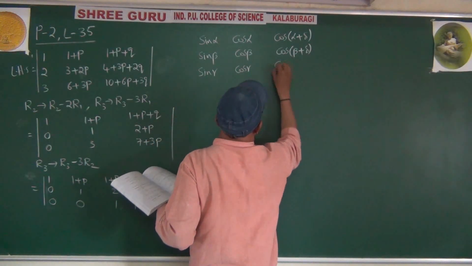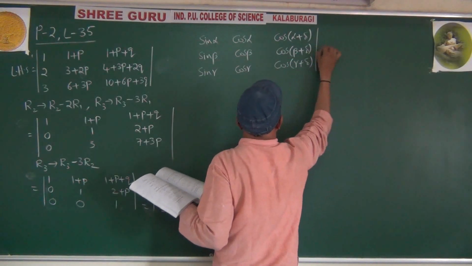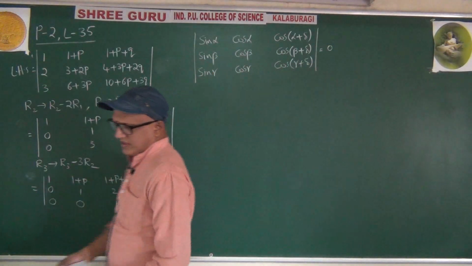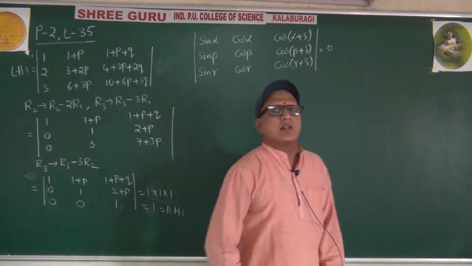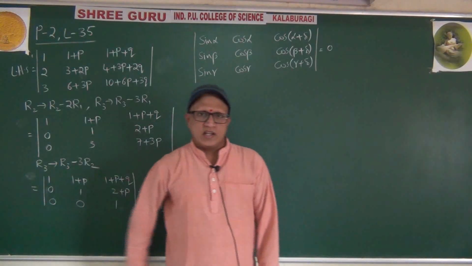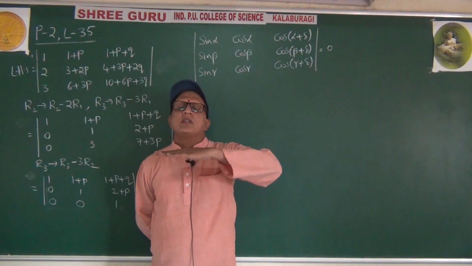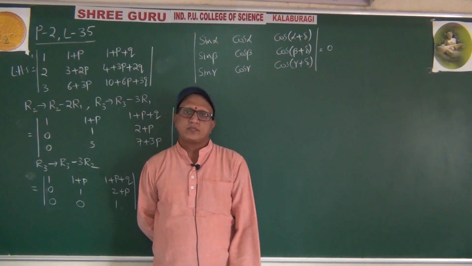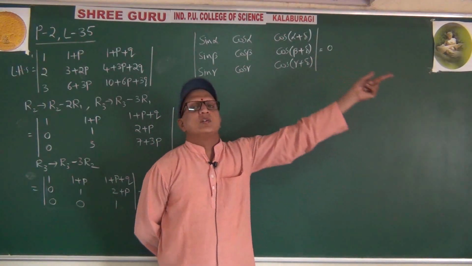Cos of gamma plus delta equals 0. 0 is the answer. Determinant value 0 means 90% either 2 rows or 2 columns are same. Otherwise, in any one particular row or any one particular column, we are going to get 3 zeros. Okay? If a question says to prove the determinant value equals 0, it gives the meaning